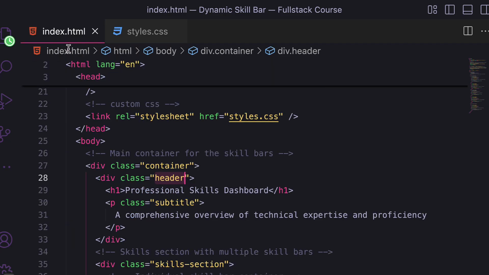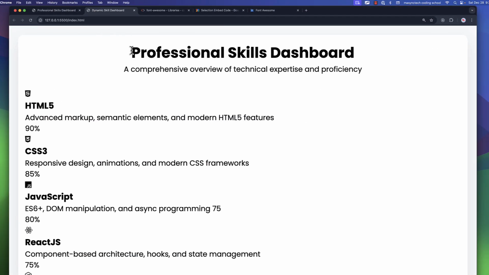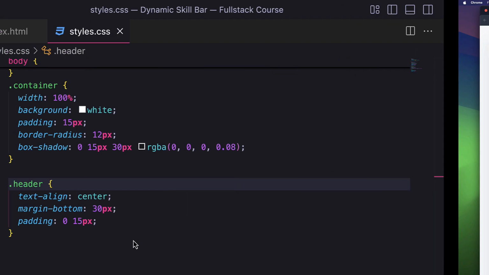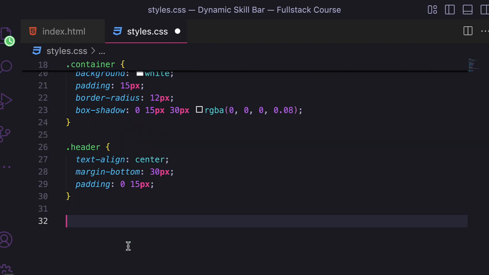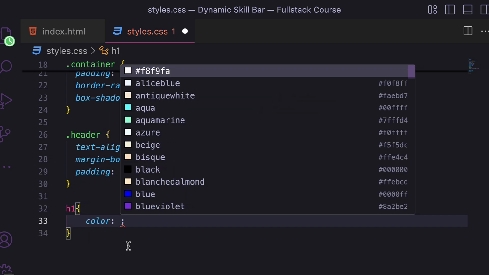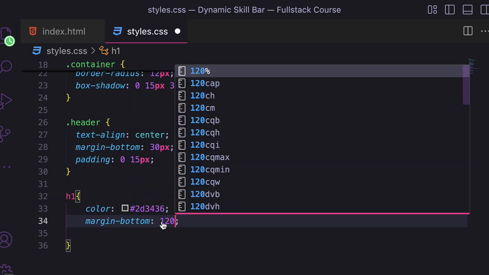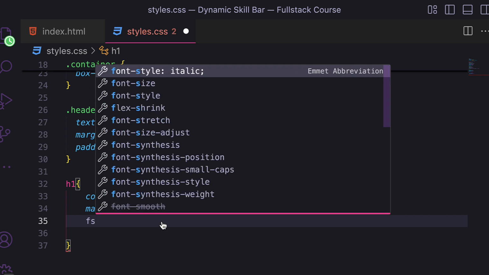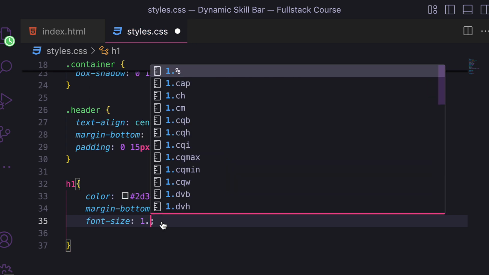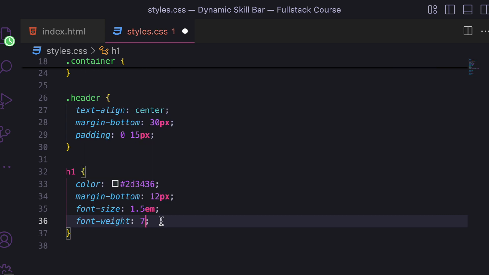And after that, let's select the H1. Let's see the preview, and it has been centered. So let's select the H1. I'm going to give it a color as hashtag 2D3436. And then margin bottom, I'm going to use 12 pixels and font size of 1.5 em and font weight